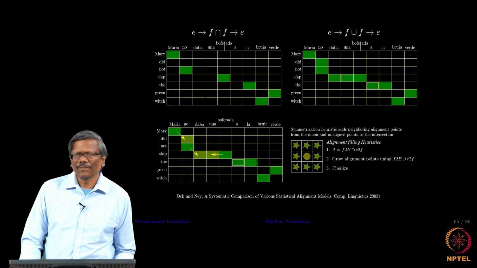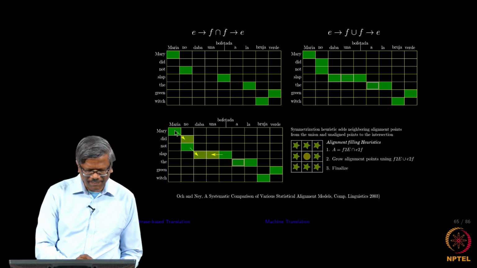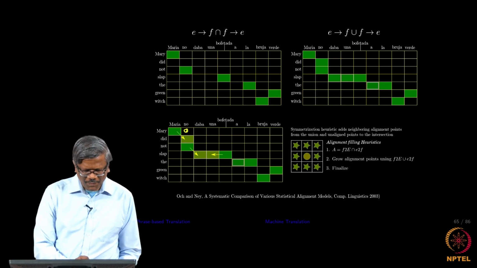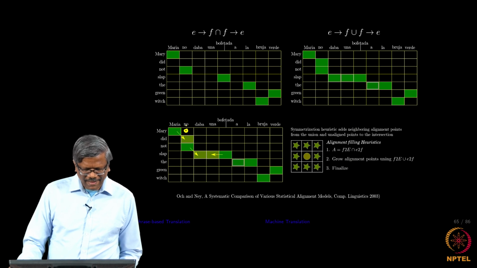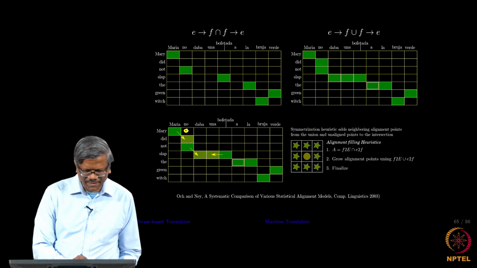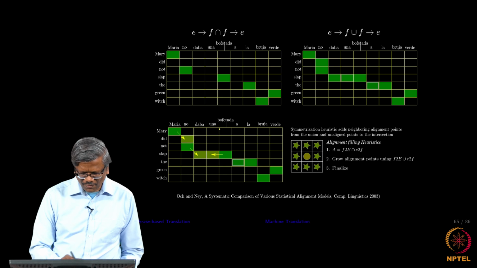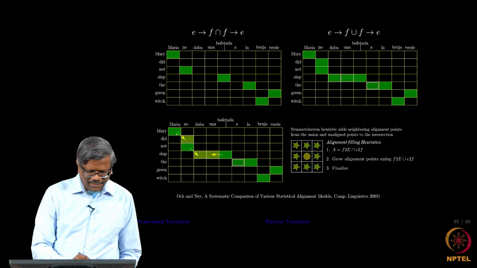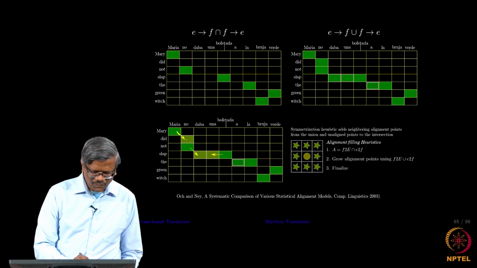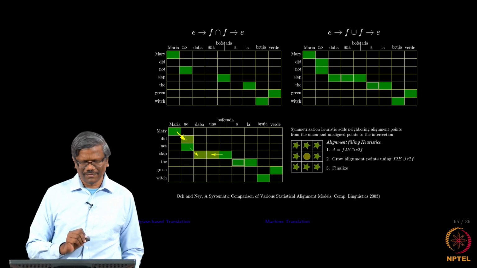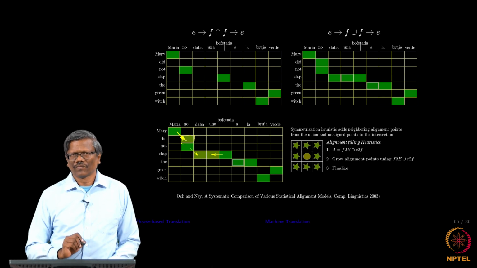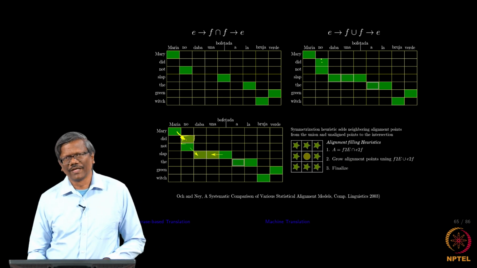So, here is an example of how you really fill the alignment. So, we start from the point, okay, this is filled, and then check whether this point can be brought in as an alignment point. Since it is not there in the union of that, we are not going to use this, right. So, when it comes to this point, we check whether this is part of the union, yes, and then see can we grow from here. How does it grow? Diagonally we start from here, right. So, this point will get filled because we have a point in the union as well.